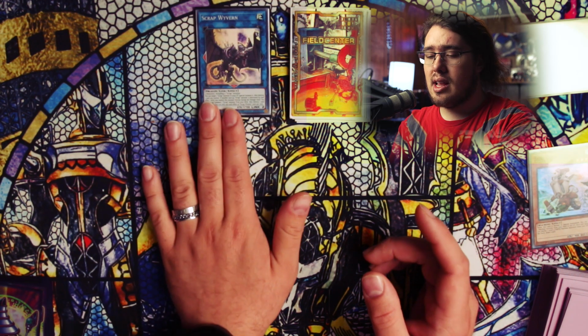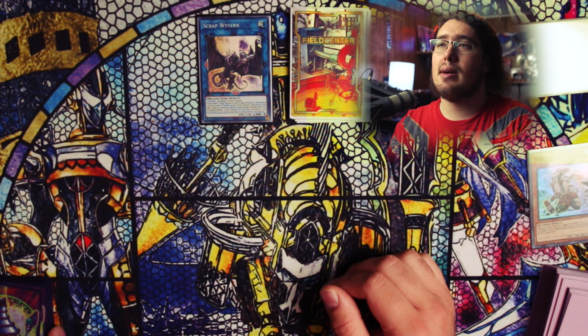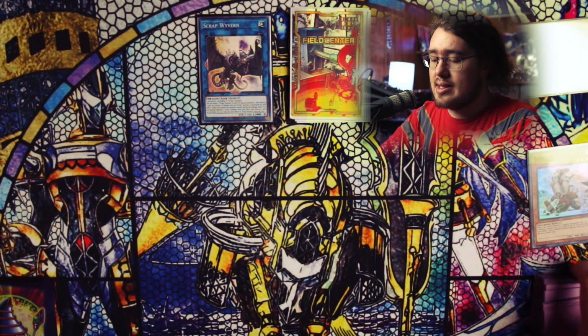I just prefer going on the left side for this. It usually seems a little bit easier to build the board that way. So just something for you to keep in mind. So now that we have Wyvern on field, once again, we're going to assume we're going second, so our opponent's